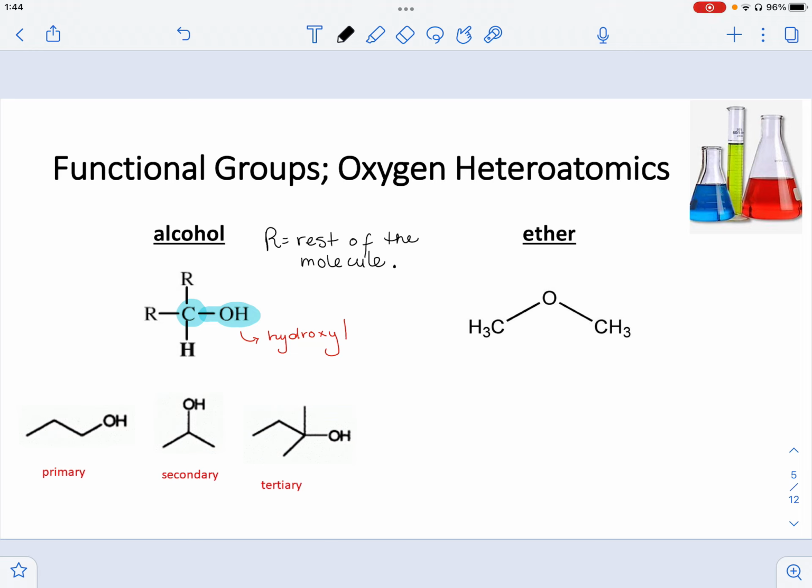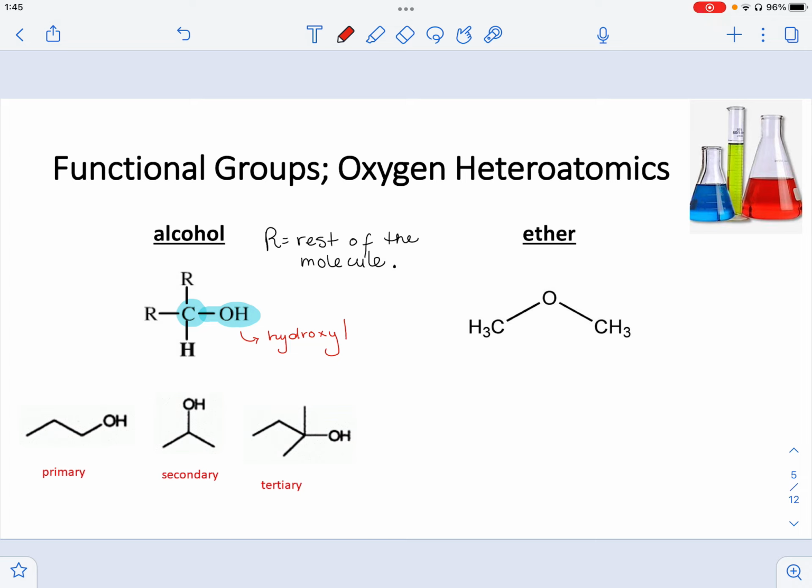And it is important to note that when it comes to alcohols, those R groups that are bonded to the carbon that contains the OH are going to be used in the classification of the type of alcohol that we have. As you can see, right below where I introduced the alcohols, we have the categories primary, secondary, and tertiary. And what makes a particular alcohol primary is going to be specifically the number of carbon chains that we have attached to the carbon atom